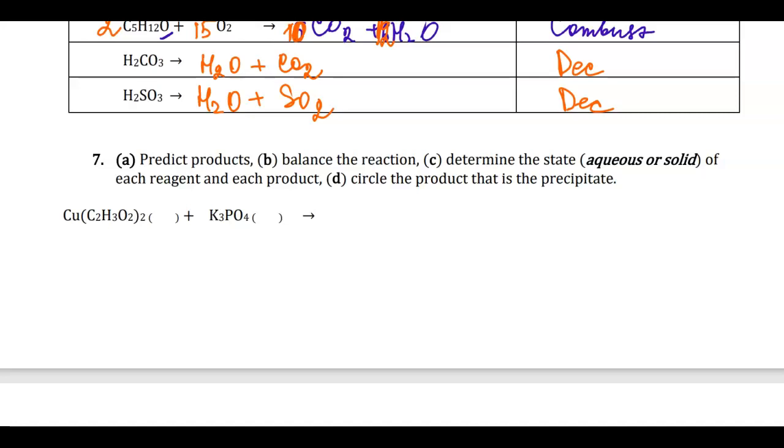So predict products, balance, determine the state, right? So number one question, number two, number three, and number four we have. We need to give four answers, right? So we have two compounds here that make this reaction a double replacement reaction, right? So cations will replace each other. So potassium goes instead of copper here,